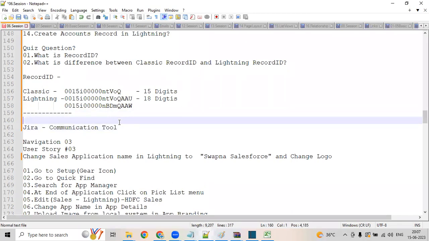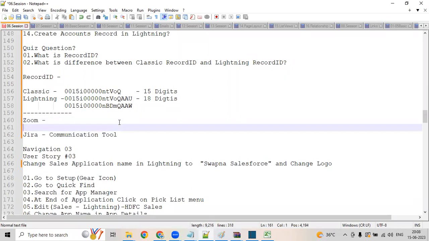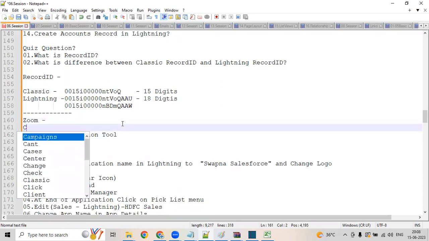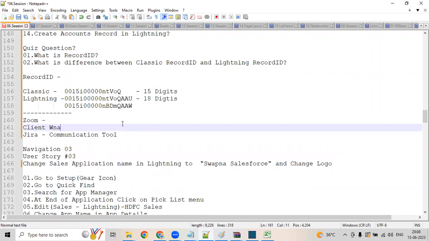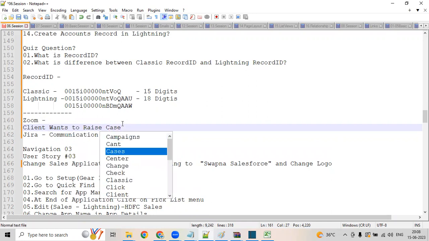We are using Zoom. If there is no Zoom, can we communicate? No. So whenever a client wants to raise a case or sends a requirement,